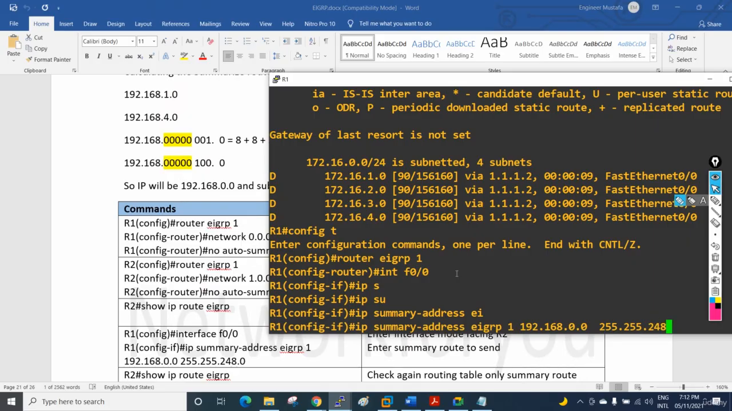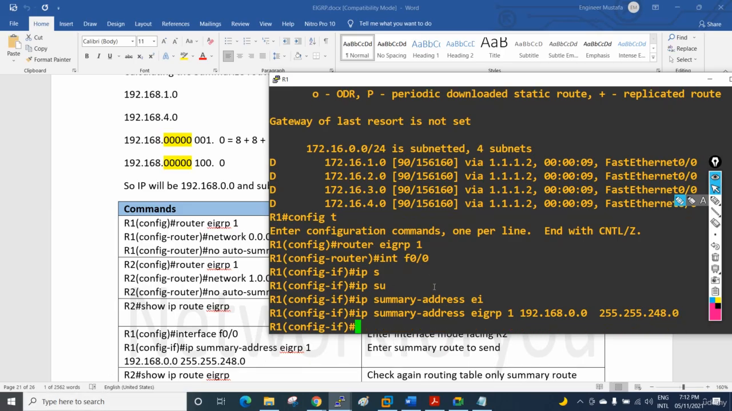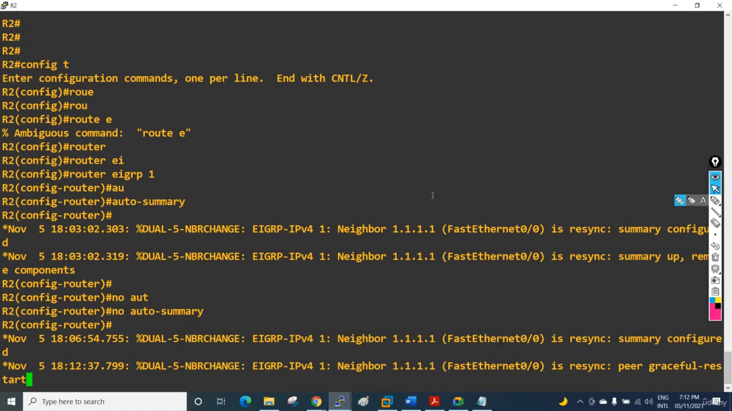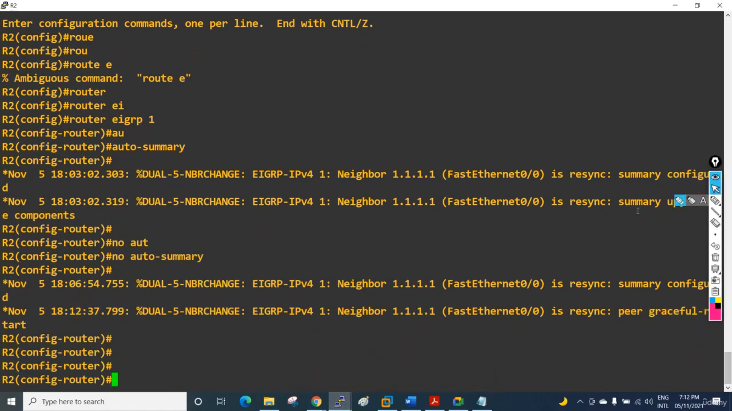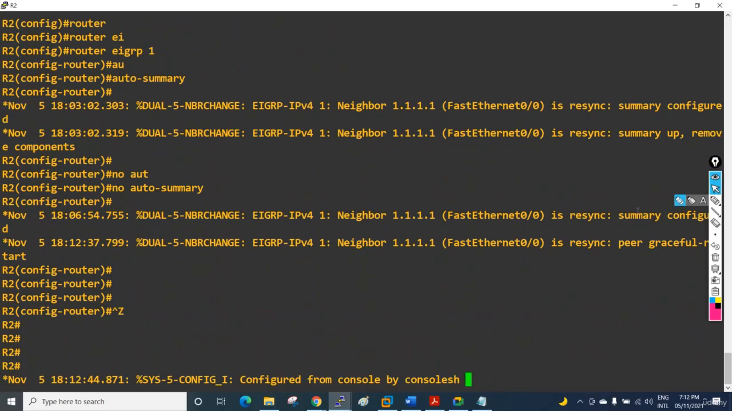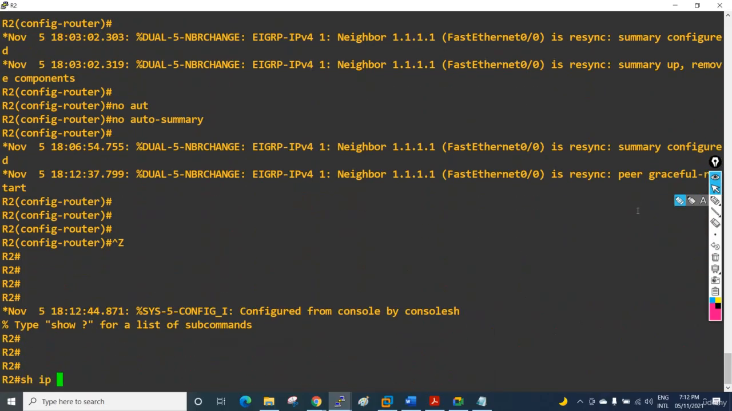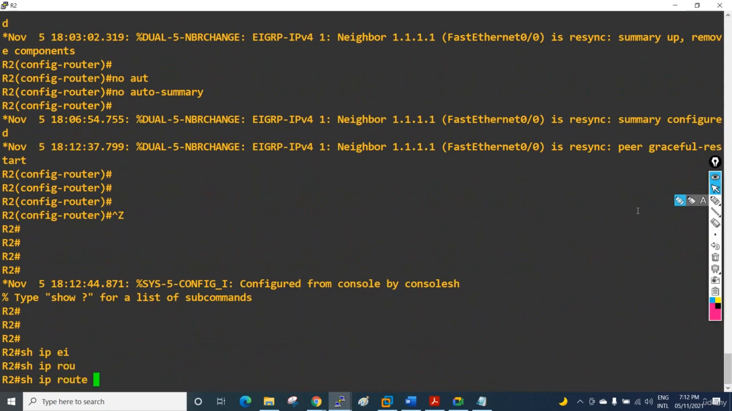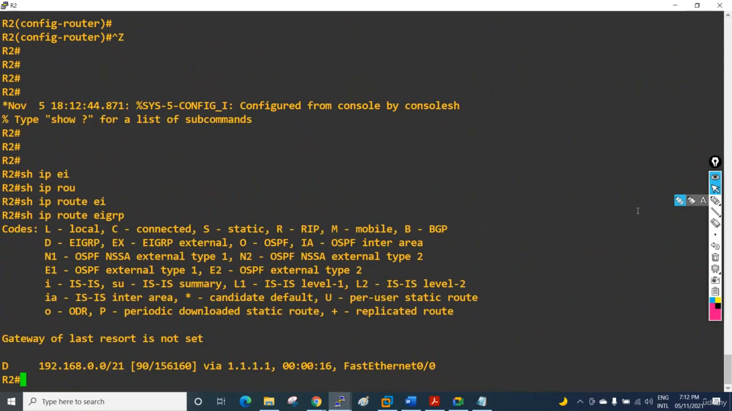Okay, 248.0. If you see here, let me, this one. Okay, and press enter, and go in the R2 and check. Before, we had all the routes; now you will have only the summarized route. We will write show IP EIGRP, show IP route EIGRP. Okay, you have only the summarized route, this one,